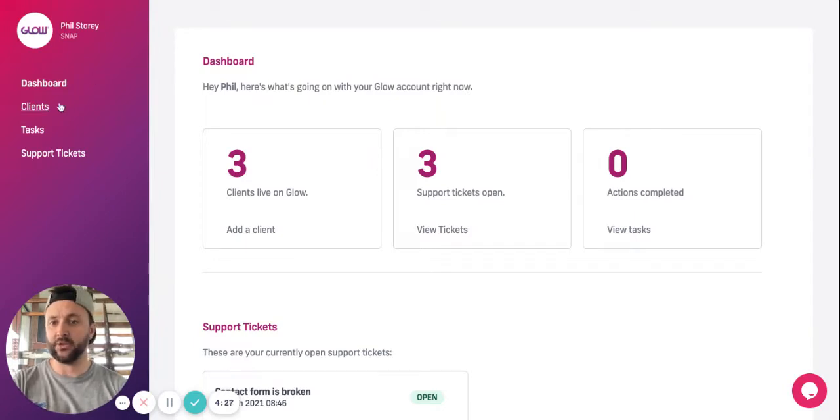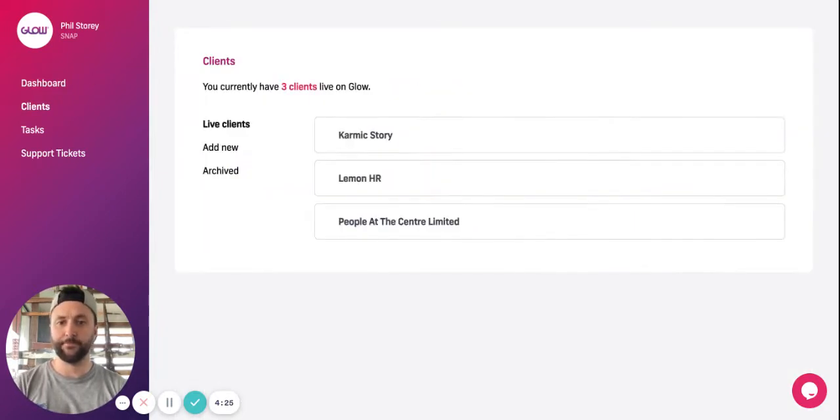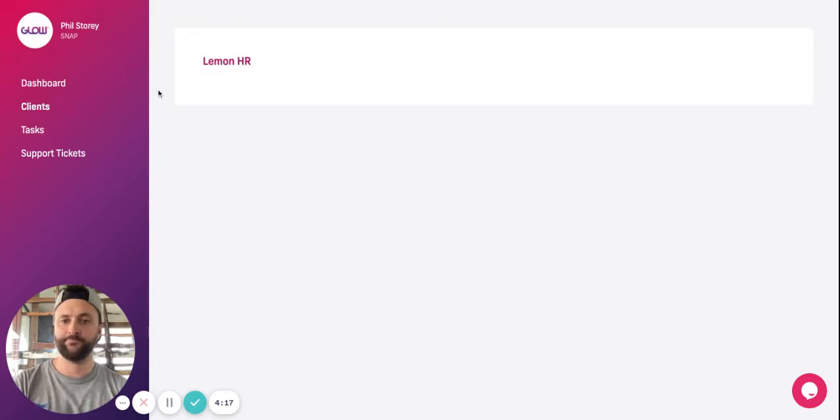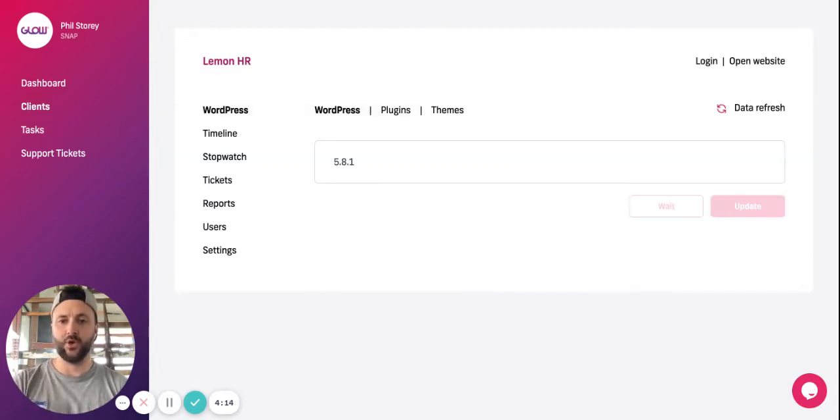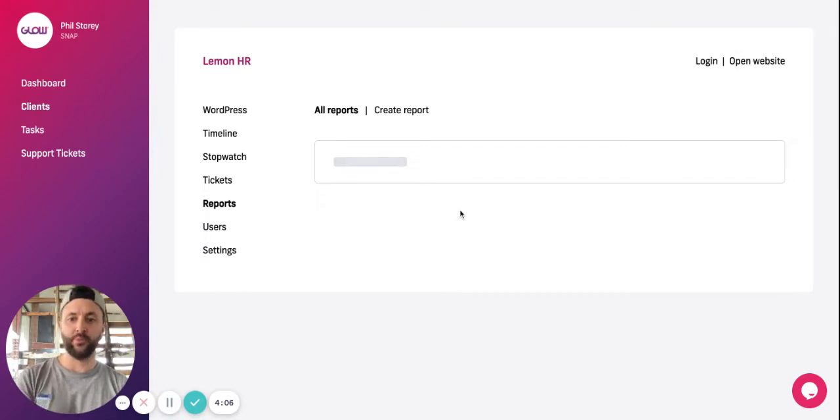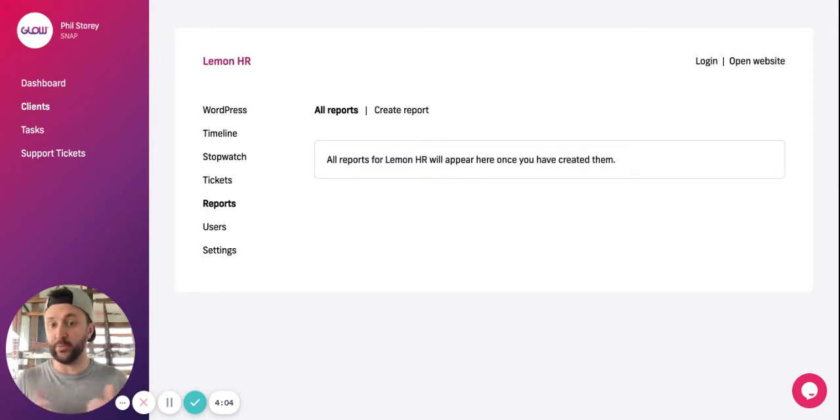I'm going to start by clicking on clients from the main left-hand menu here. It's showing me that we have 3 live clients at the moment. And I'm going to click into the one in the middle here, Lemon HR, wait for the client area to load. And then once it's loaded, I'm going to click on where it says reports down here in the inner menu. So that's going to load the all report screen by default, and as this is a dummy account, there aren't any at the moment,